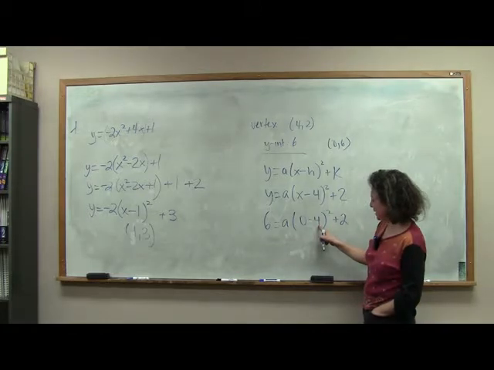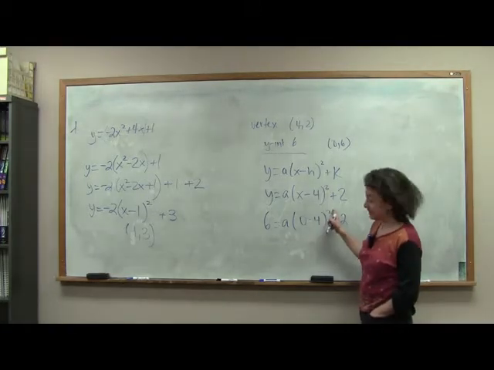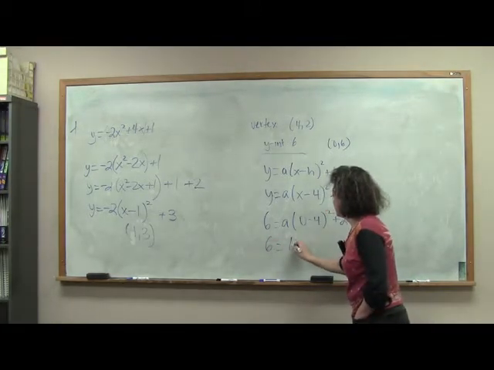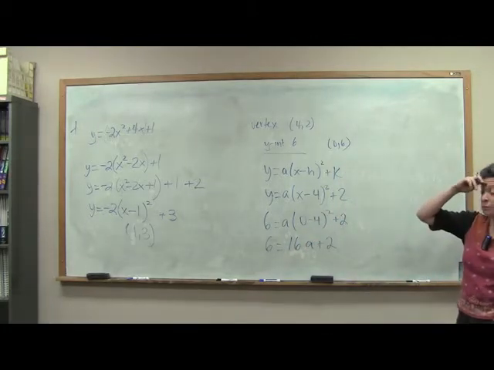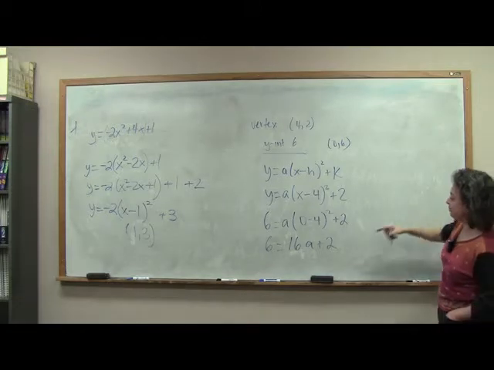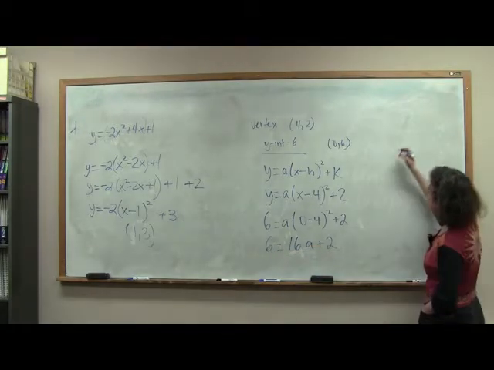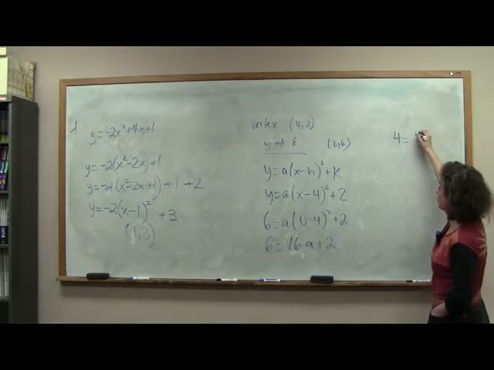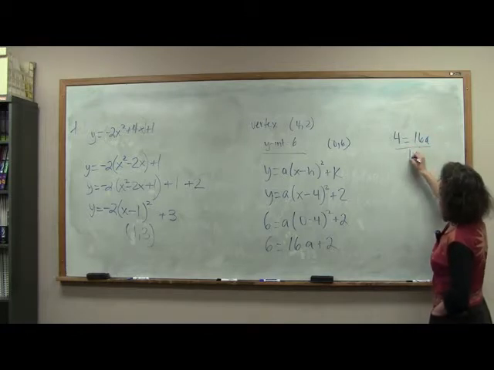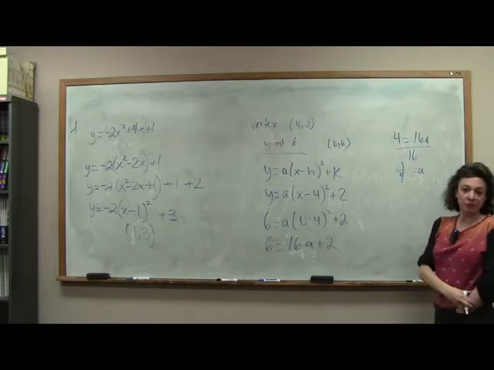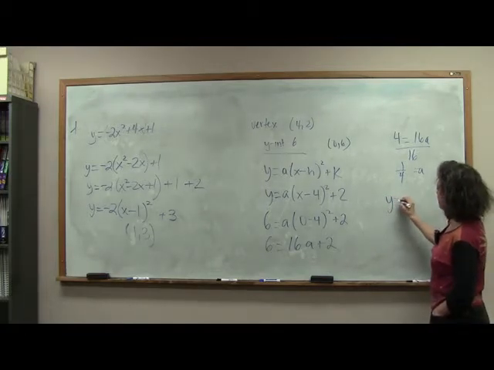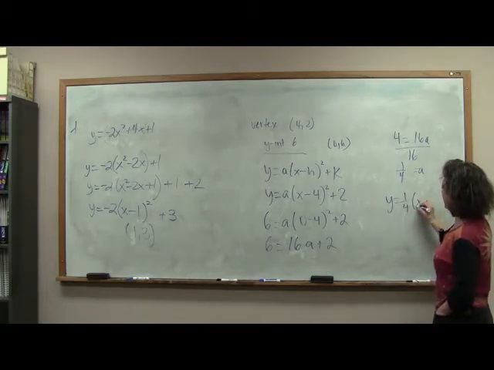0 minus 4 is negative 4. If you square it, you get 16. So we have 16a plus 2. And we can certainly solve for a. First thing we do is subtract 2 from both sides. So we get 4 is 16a. Divide both sides by 16, and we get a to be 1/4. So the equation for this parabola